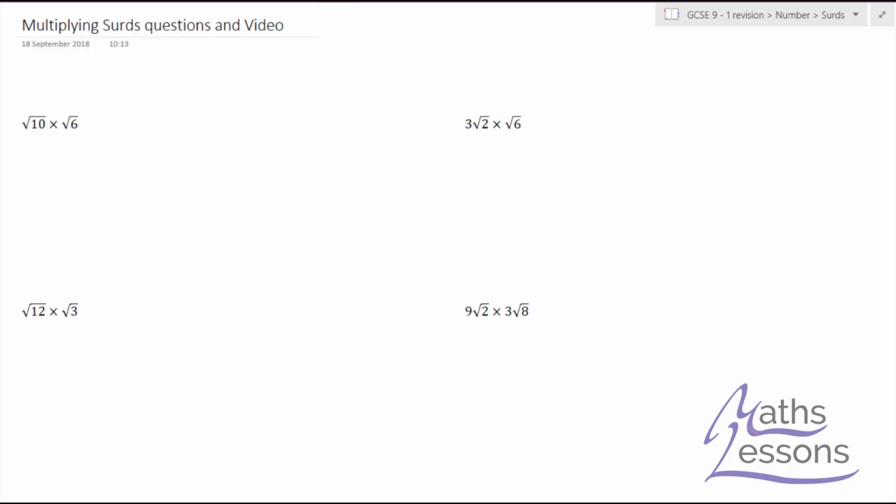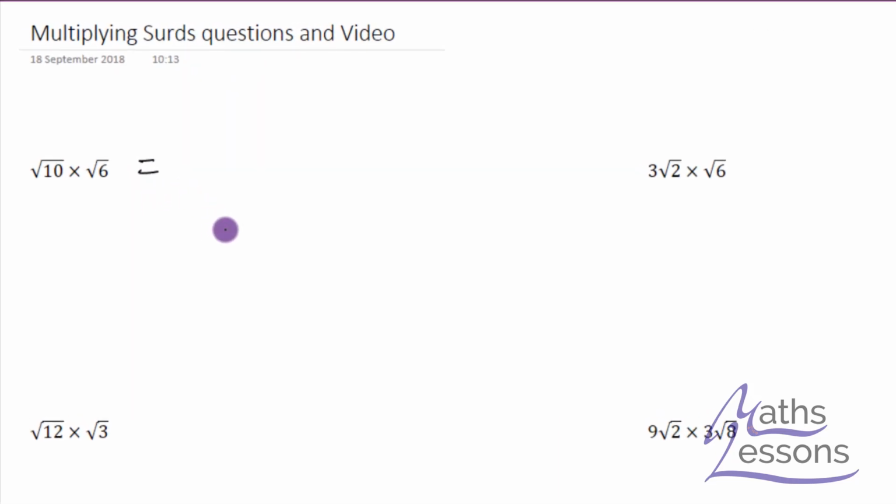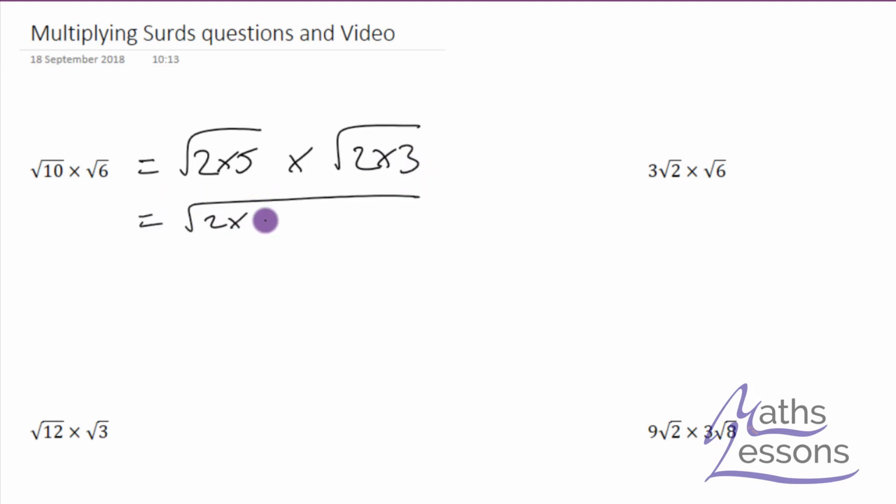We're going to look at multiplying surds in this video. So here we go, we've got root 10 times root 6. What we do is we split these up: root 10 into 2 times 5, like we showed in that simplification, and the root 6 is the same as root 2 times 3. And we can write this in a different order